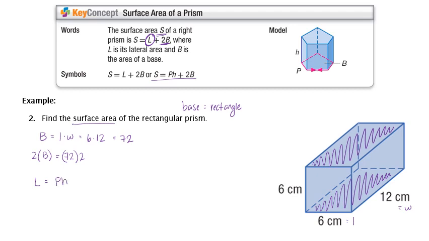So based on what we've decided our base is in this figure, our perimeter then is going to be 6 plus 12 plus another 6 here plus another 12 there. So the perimeter, perhaps I'll write that as 2 times 6 plus 2 times 12. And then our height is this other dimension that we haven't talked about yet, this other 6. So our height will be 6. All of that together, let's see, is going to get me to